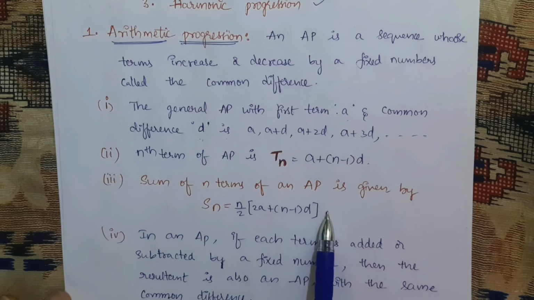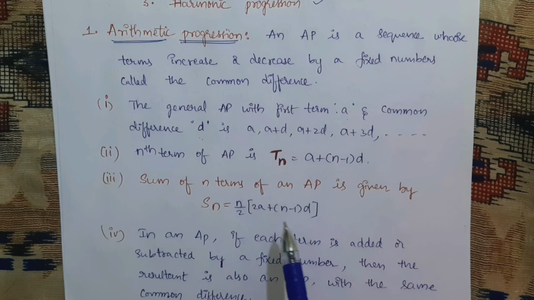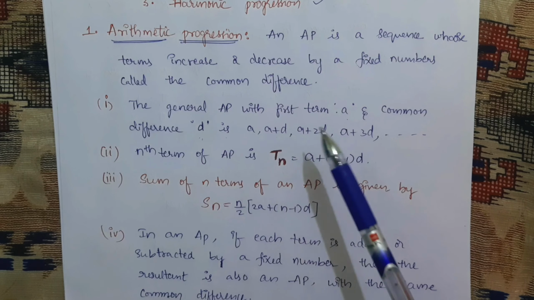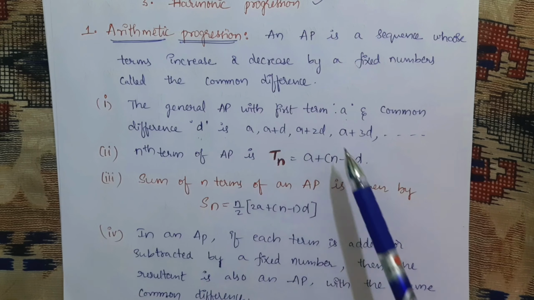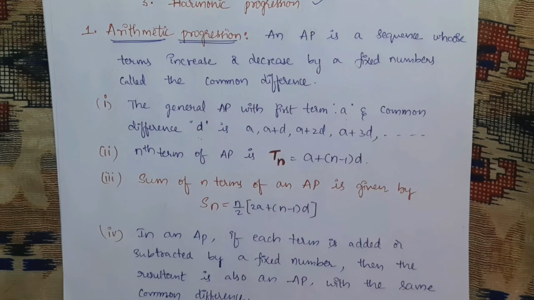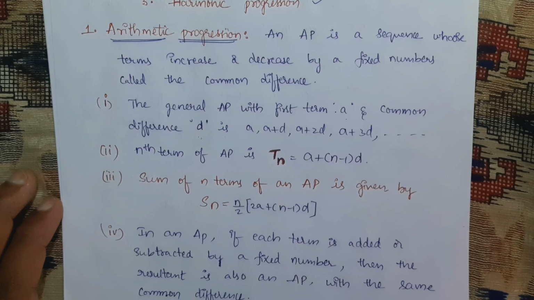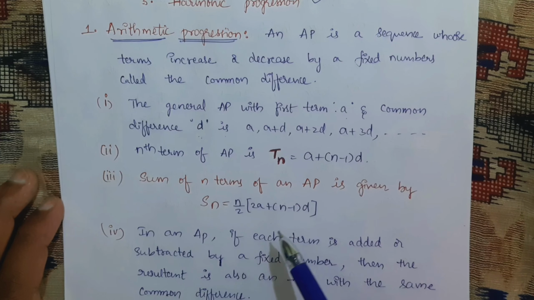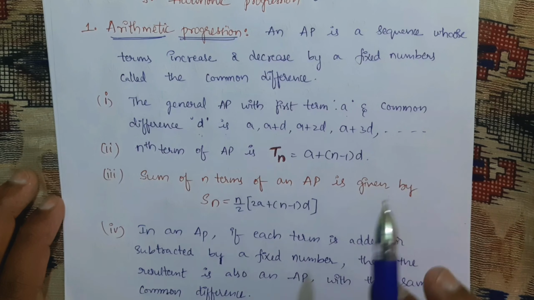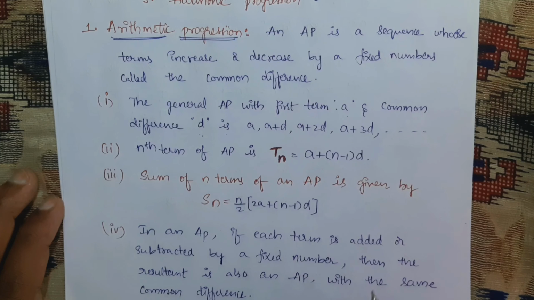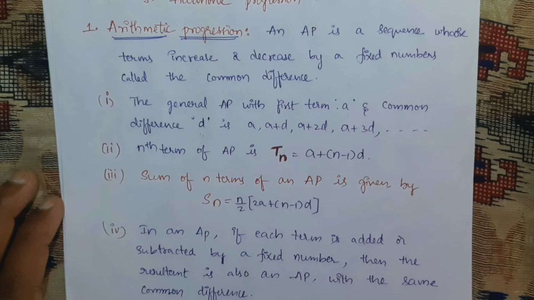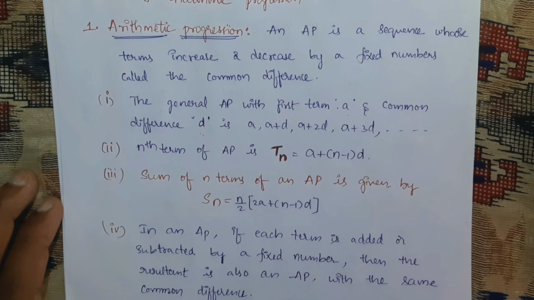These types of questions they may also ask, not like this, concept wise. Instead of giving a plus d like that, they will give some series. We need to find either Tn, the nth term, or Sn. Sometimes they will give Sn equal to some value like 210 or 300. By using that, you need to find the n value. Those types of problems they may ask.